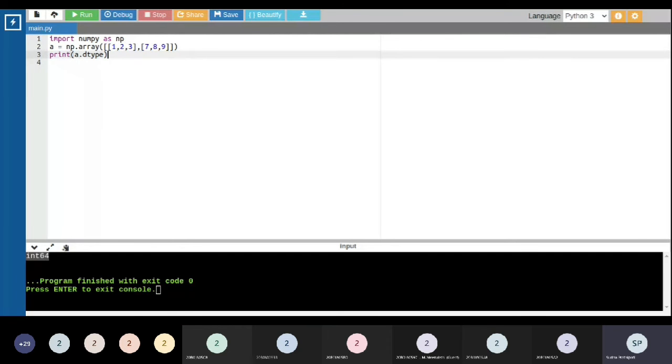Let me now create a floating-type array over here. I'll be taking the same array, but I'm adding one more argument over here, which is dtype equal to